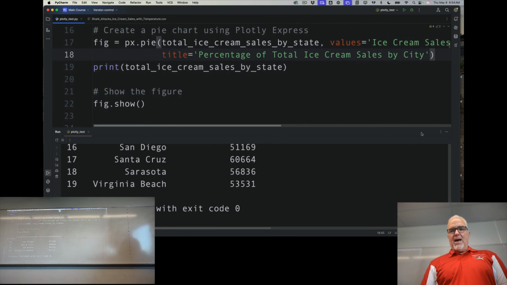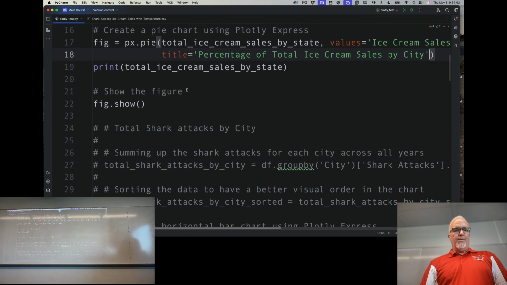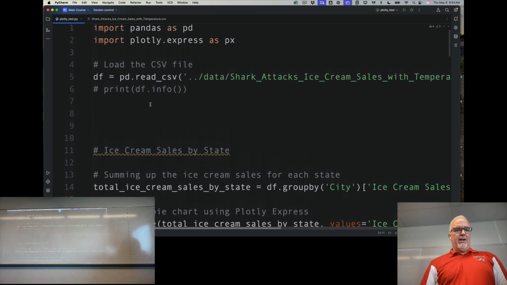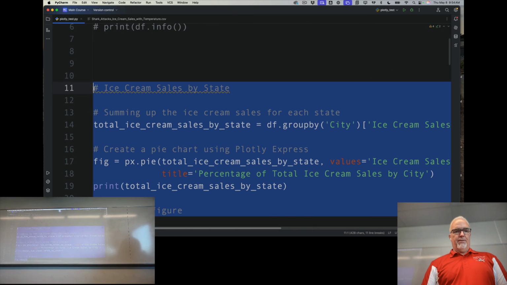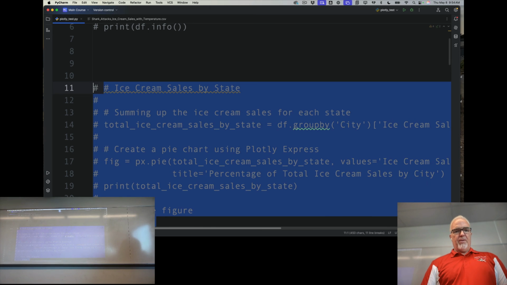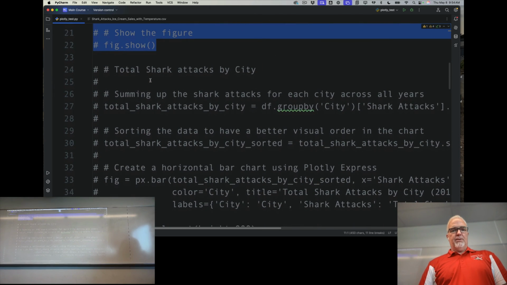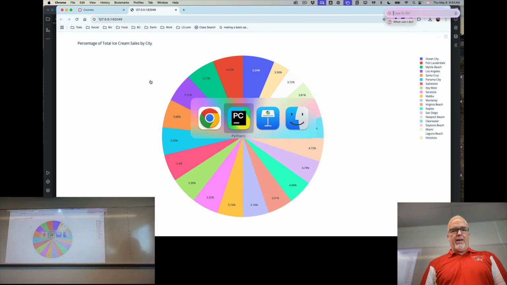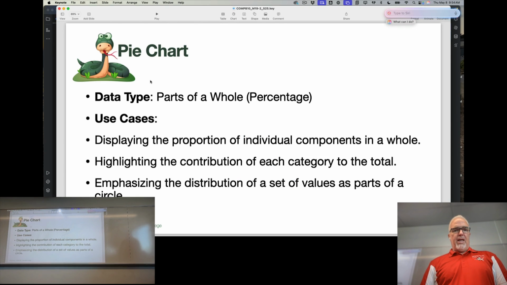Okay, so that is the pie chart, and that helps me understand the distribution of things. Another way to look at things in a descriptive way is